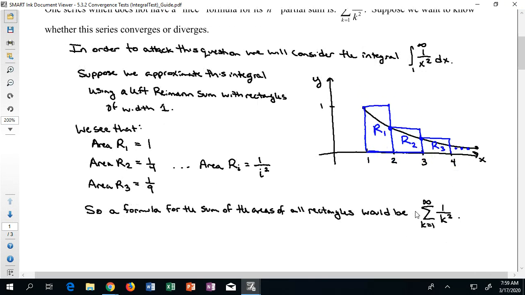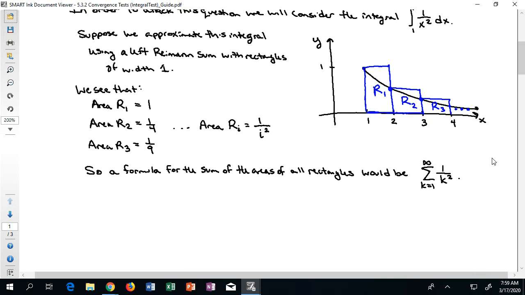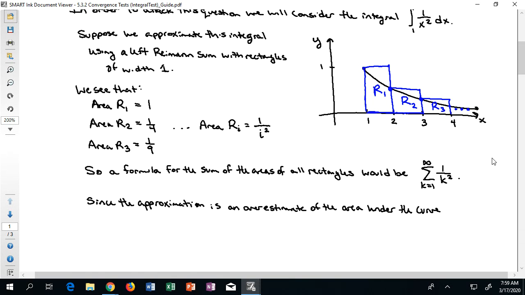And since I can see that these rectangles provide an over approximation for the area under the black curve, I might be able to make the following conclusion. So I'll say since the approximation is an overestimate of the area under the curve, we conclude